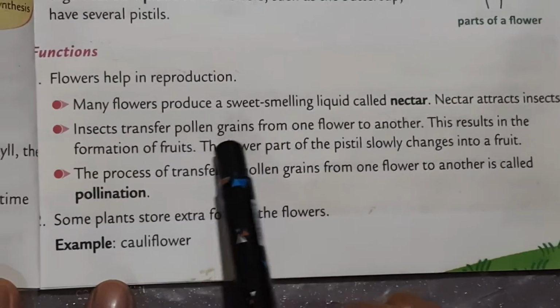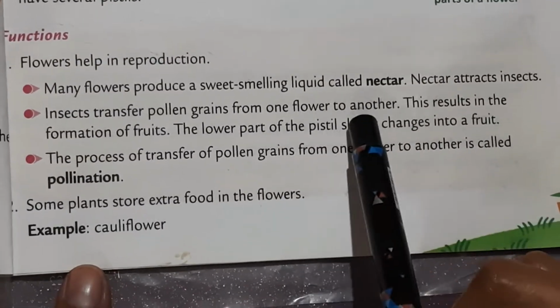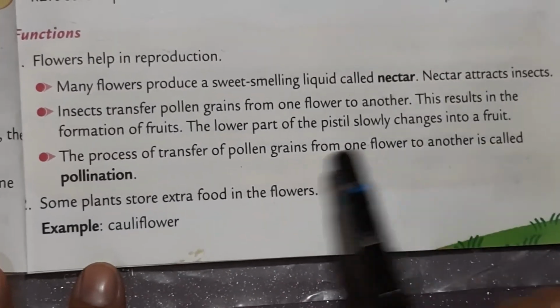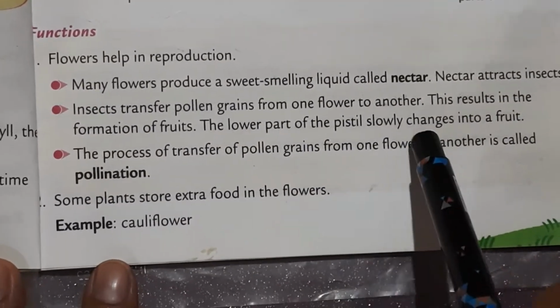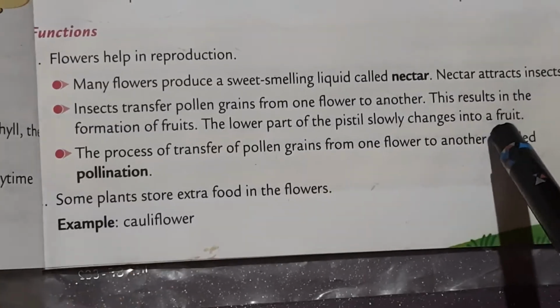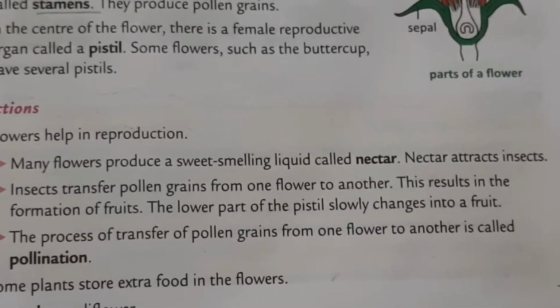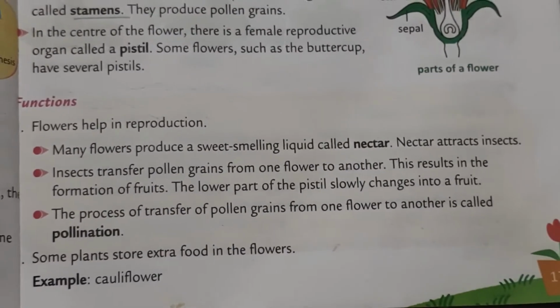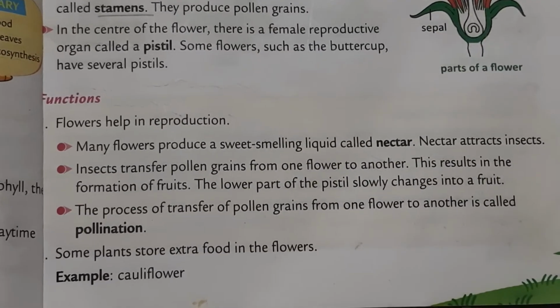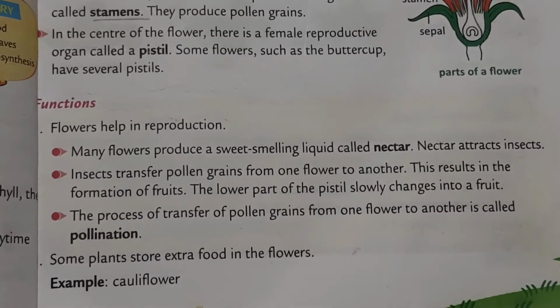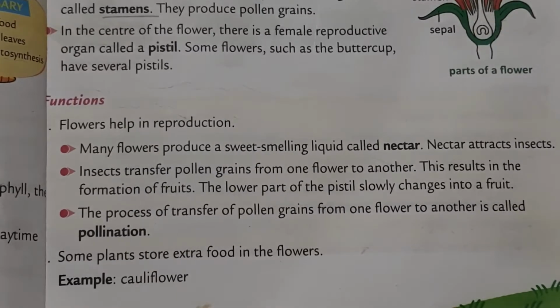Insects transfer pollen grains from one flower to another. This results in the formation of fruits. The lower part of the pistil slowly changes into a fruit. In the tip of stamen, there are pollen grains. These pollen grains are transferred by insect from one flower to